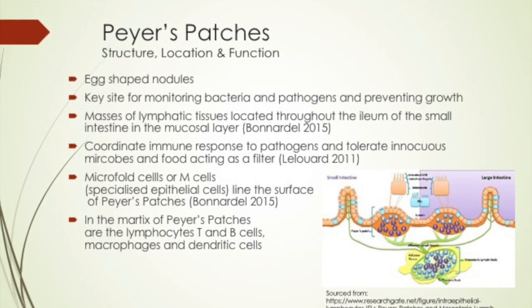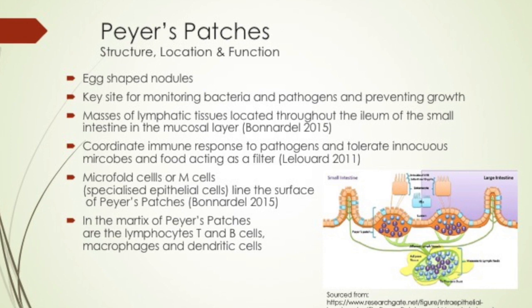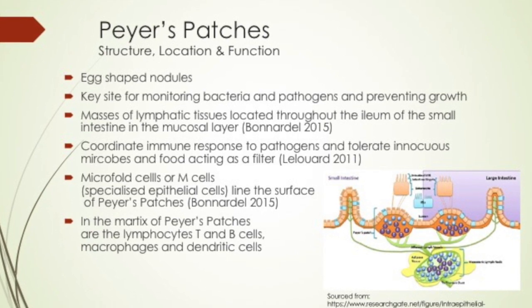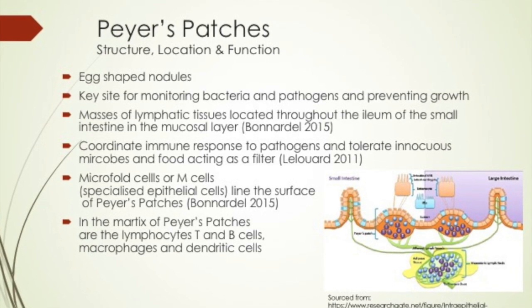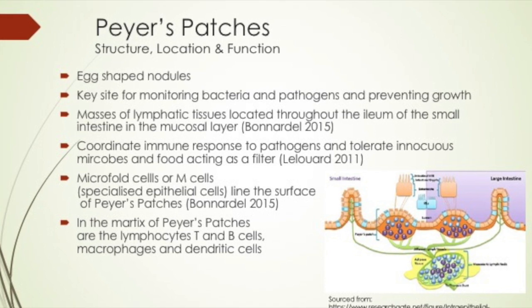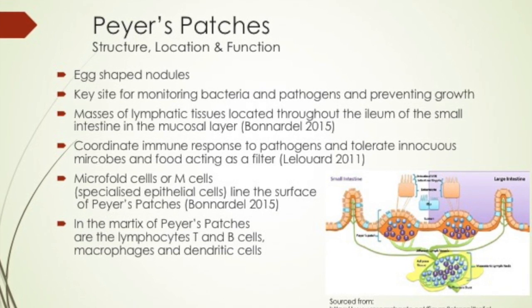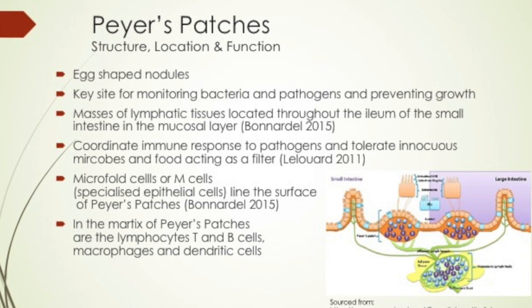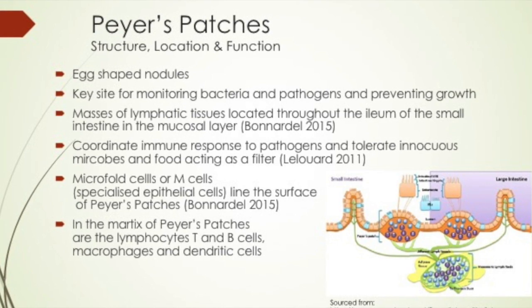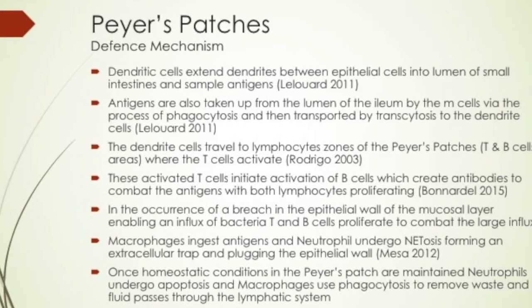Microfold cells, or M cells, are specialized epithelial cells that line the surface of Peyer's patches and assist in transporting antigens and pathogens from the lumen of the small intestine across the epithelial wall. Inside Peyer's patches are lymphocytes, T and B cells, macrophages, and dendritic cells, assisting in the defense mechanism against harmful